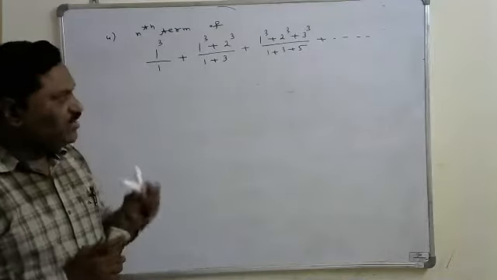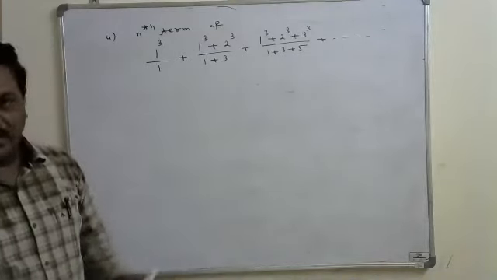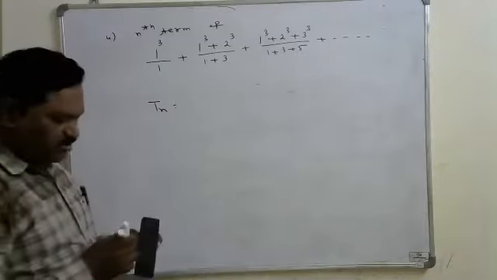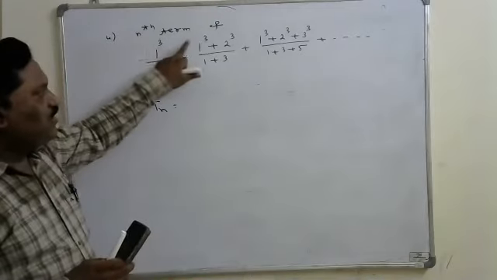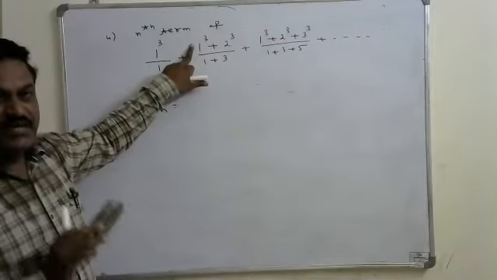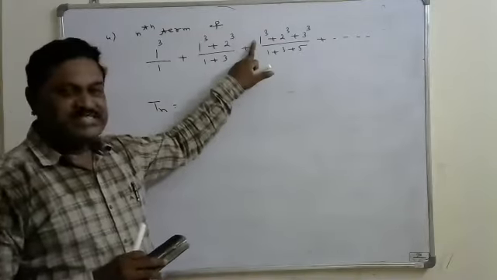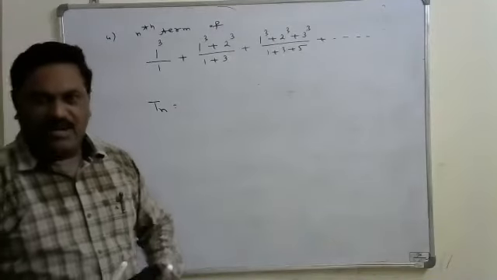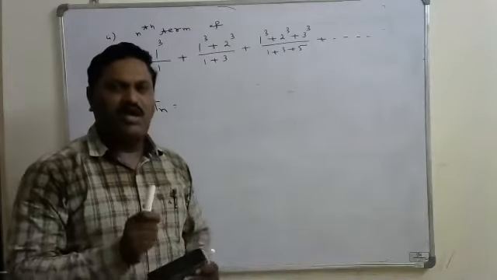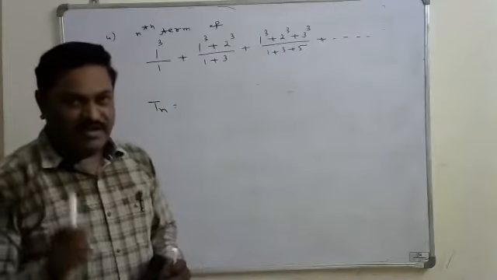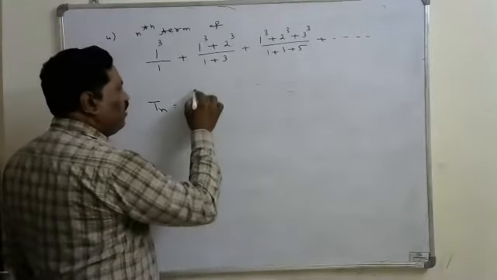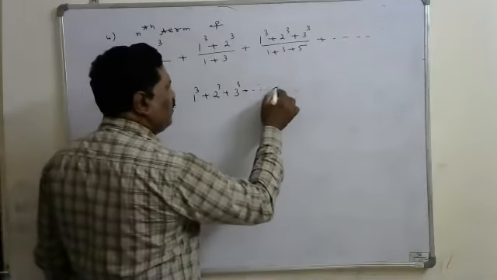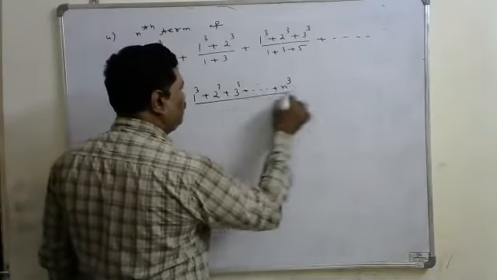If you want to write the nth term of the sequence, first observe the given 3 terms. In the first term, in the numerator, we find 1 cube. In the second term, you can find the sum of the terms up to 2 cube. This is the sum of the terms up to 3 cube, that is the third term. So in the nth term, we can assume that the numerator will have the sum of the terms up to n cube. Therefore, the numerator will have 1 plus 2 cube plus 3 cube plus and so on up to n cube, upon.